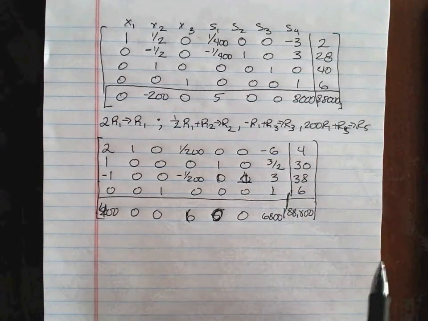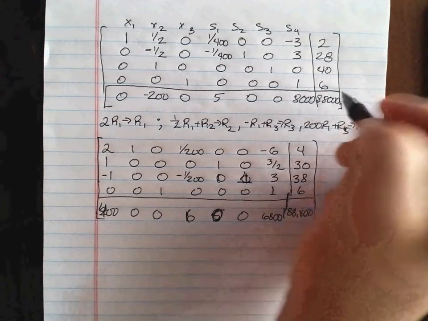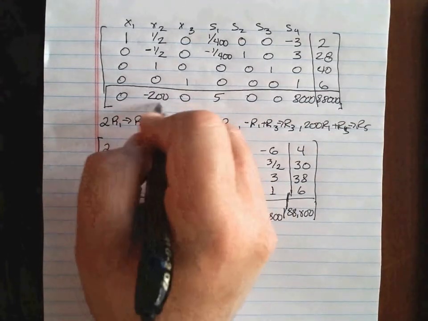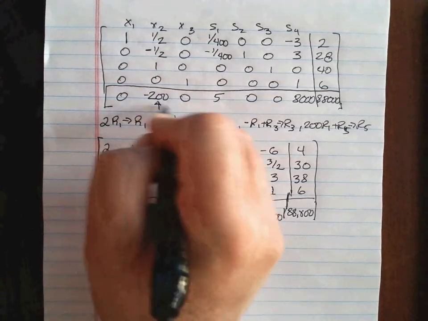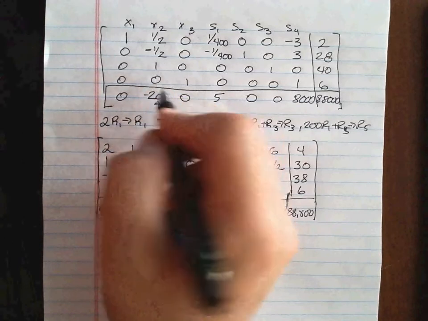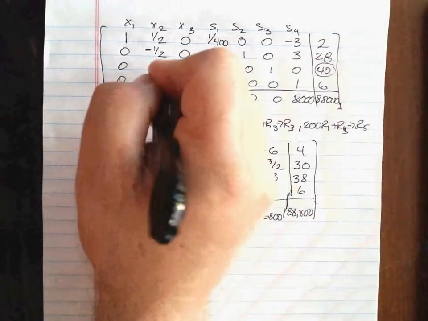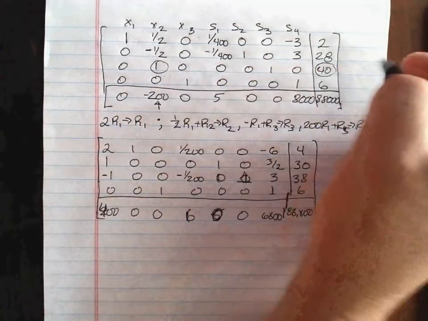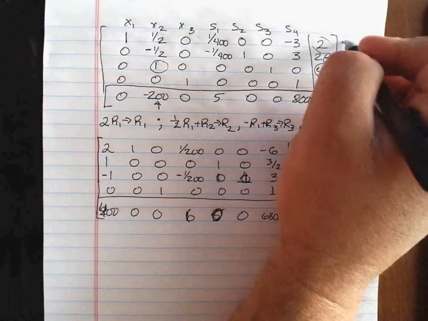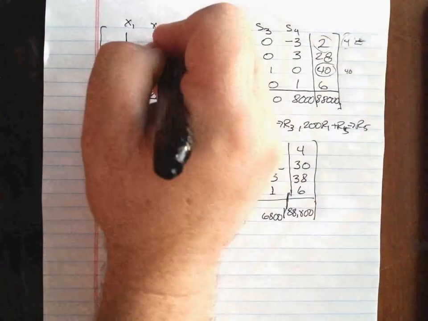Once you have this, you're supposed to be pivoting, and the way we pick the pivot is we look for the pivot column by the most negative entry in the bottom row. So here's our pivot column, the x2 column, and within that column we look for the smallest positive ratio of this term divided by this term. So 40 over 1 gives us 40. 2 divided by a half gives us 4. There's your smallest positive ratio, so this is your pivot row, and that means we're going to pivot that 1/2,